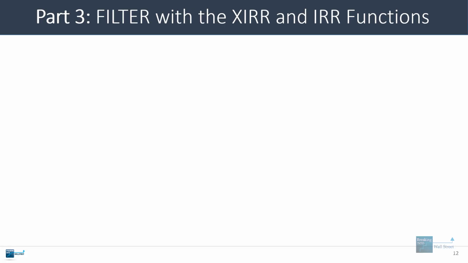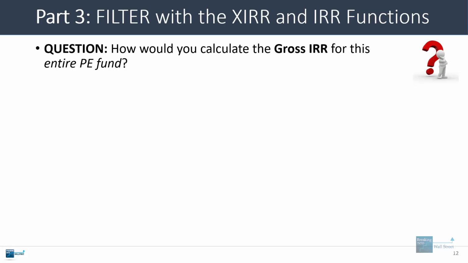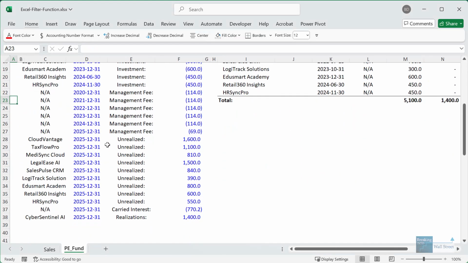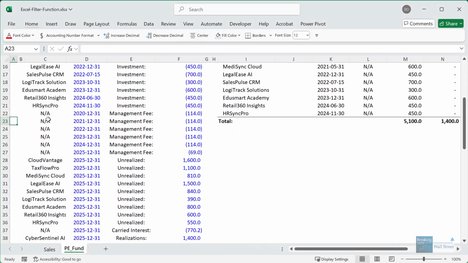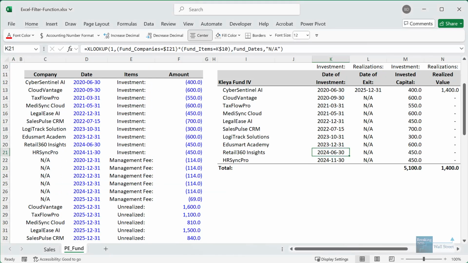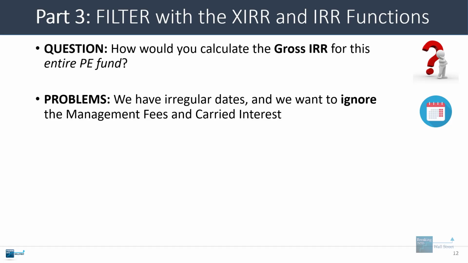XIRR and IRR here. One question that often comes up is that you want to evaluate the gross IRR for an entire private equity fund, and oftentimes you will be given something like this set of cash flows right here. Now for the gross IRR, you want to ignore the management fees and also the carried interest, and you want to focus on just the realizations, the unrealized values, and the investments in this period. So the question is what to do with irregular dates and how can we ignore these management fees and carried